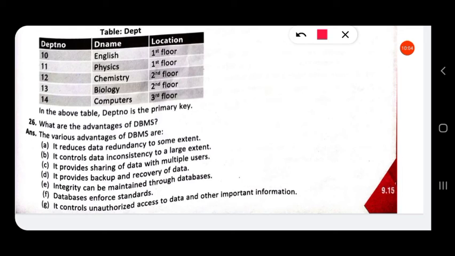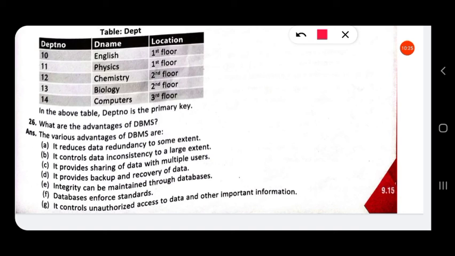That is, inconsistency is controlled using a database. Then it provides sharing of data with multiple users. Since only a single copy is stored, all the users use the same copy of the data.